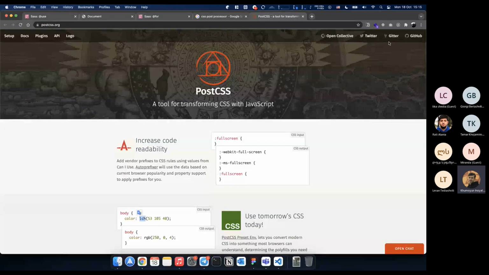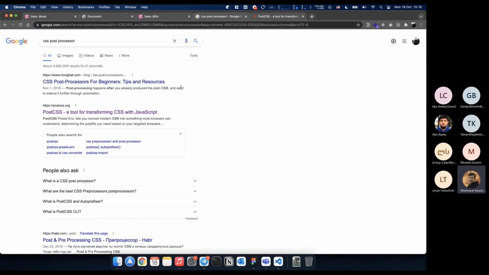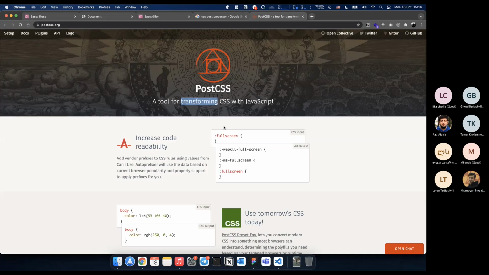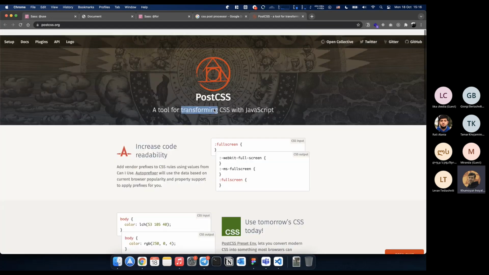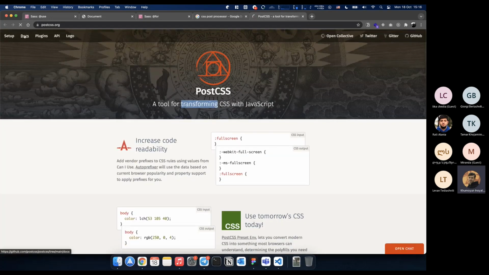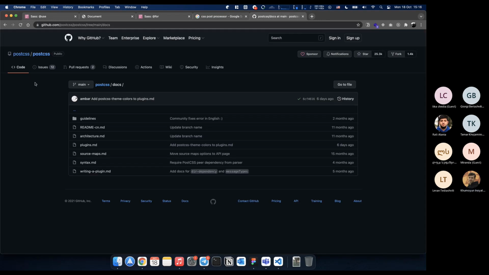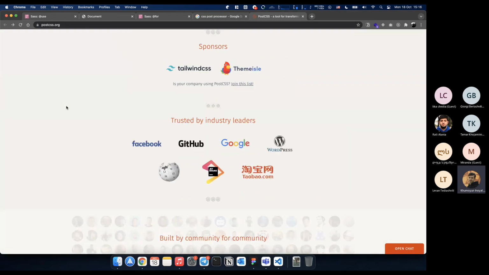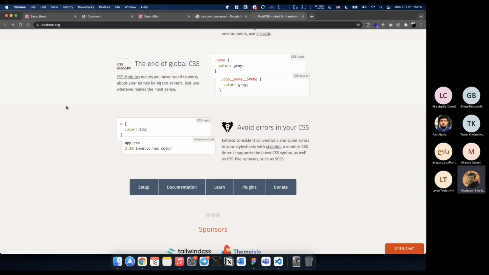I think you should, but I should tell more about it. So PostCSS. Now, docs. There is one problem that I have